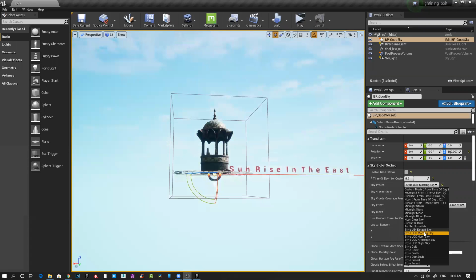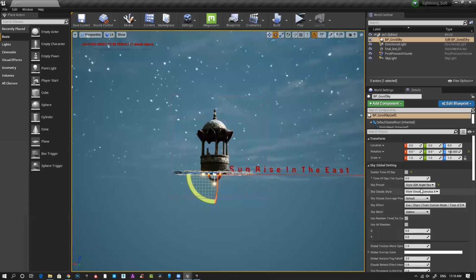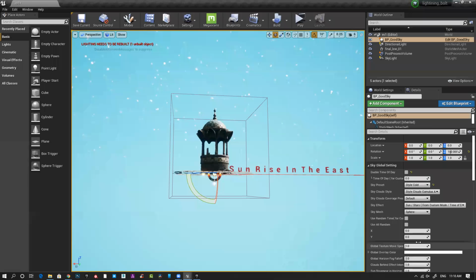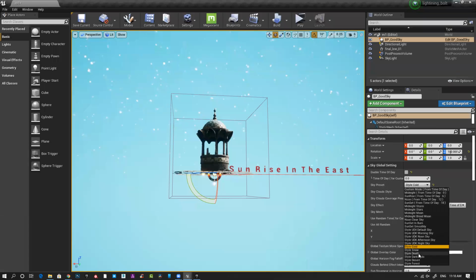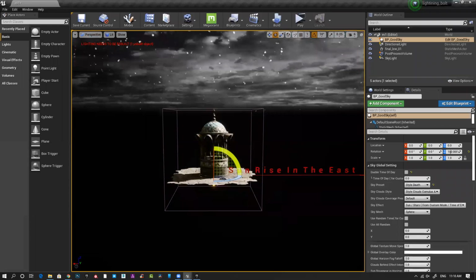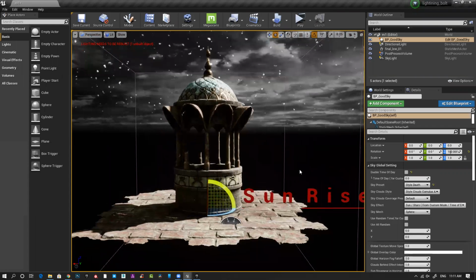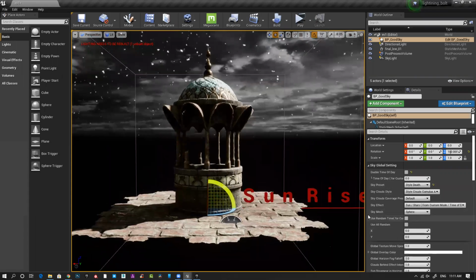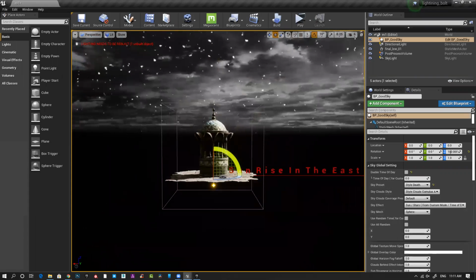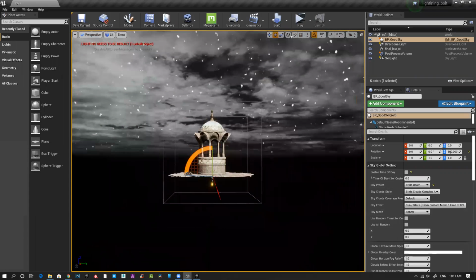Morning, noon, afternoon, sky, night, cold, death. If there's something really creepy you want to create, you can do that. All these things you can modify and